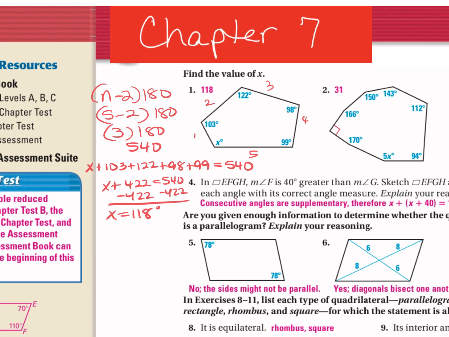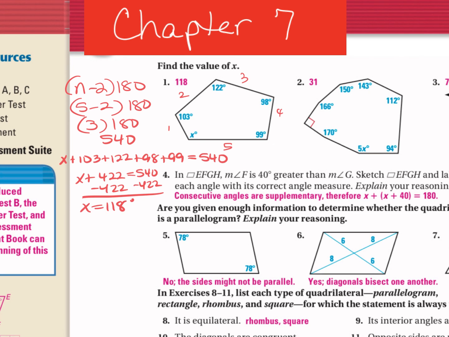For number 2, I'm going to do the same thing. Notice I've got 1, 2, 3, 4, 5, 6, 7, 8 sides. So I have to do 8 minus 2 times 180. You could also count how many angles you have. That could be your n value. Either way, the number of sides and the number of angles are always the same. So 6 times 180. And I get